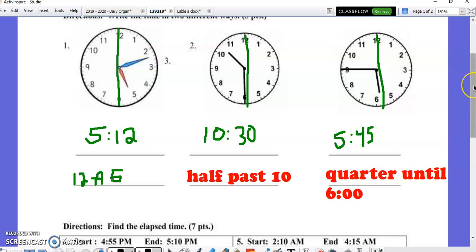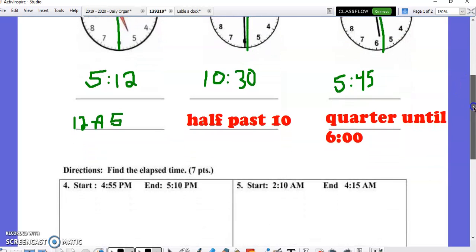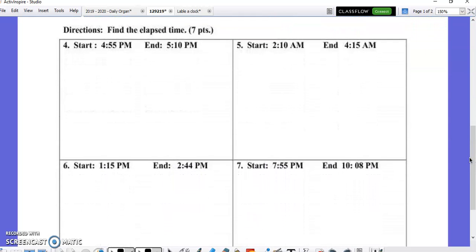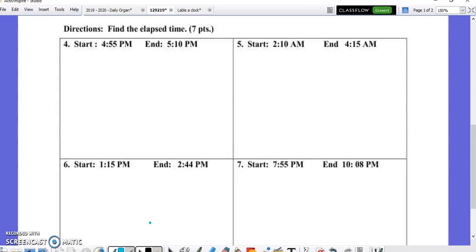So we kind of moved right along quickly from that into elapsed time. I related this to starting a race. I'm going to have students actually come up and create the chart so you can see it. All right, so I have a student who has the pen now that's going to walk us through this problem. Our start time is 4:55. That's the time we assume that the race has started. And the end time is 5:10. So, the first thing that the student needs to do is actually draw a start line